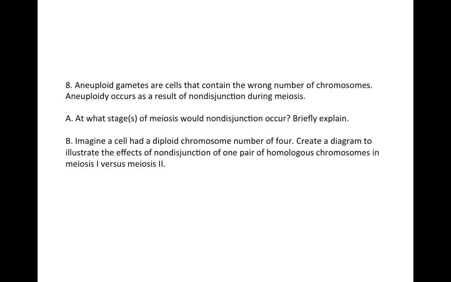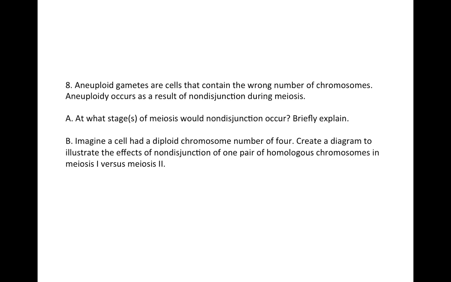Question 8 tells you the following. Aneuploid gametes are cells that contain the wrong number of chromosomes. Aneuploidy occurs as a result of non-disjunction during meiosis. And then it asks, at what stages of meiosis would non-disjunction occur? Briefly explain. And then part B, imagine a cell had a diploid chromosome number of 4. Create a diagram to illustrate the effects of non-disjunction of one pair of homologous chromosomes in meiosis 1 versus meiosis